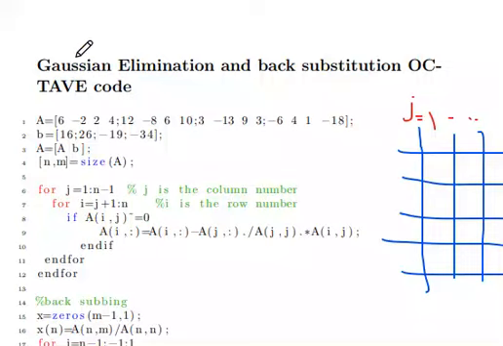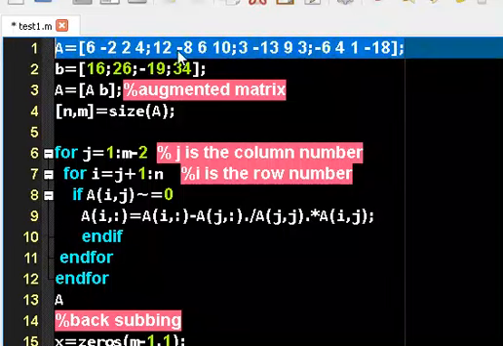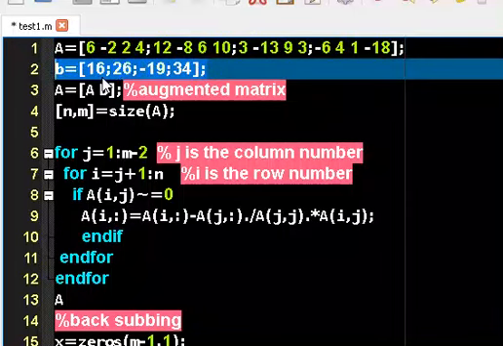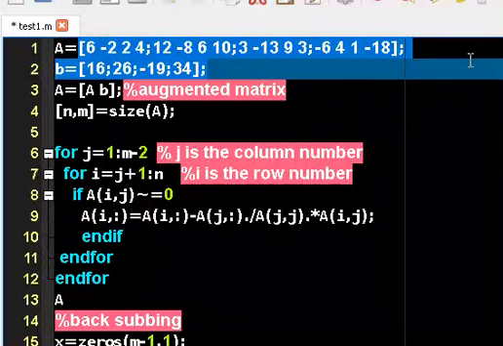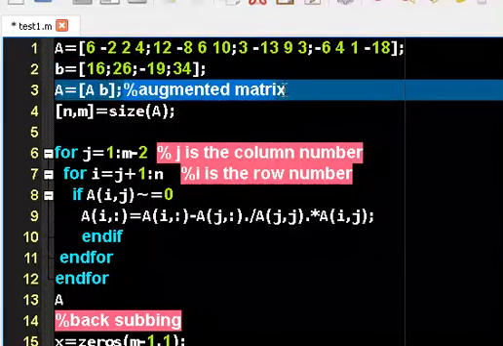In this video we are going to talk about the Gaussian elimination method and the backward substitution using Octave. So I open my Octave package. First of all, you have to define your coefficient matrix. This is your coefficient matrix of the system, and this is your right hand side. And I update A, I consider both the coefficient matrix with the right hand side, which is called the augmented matrix,